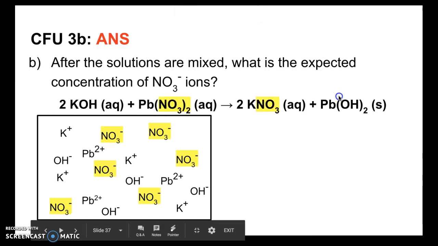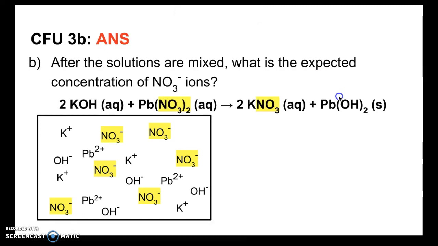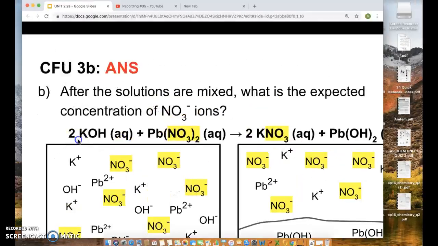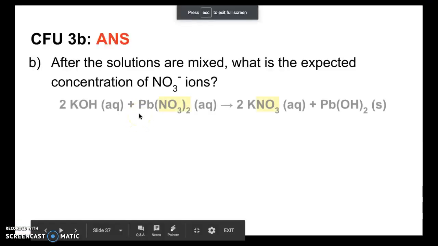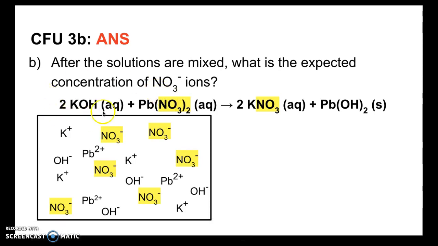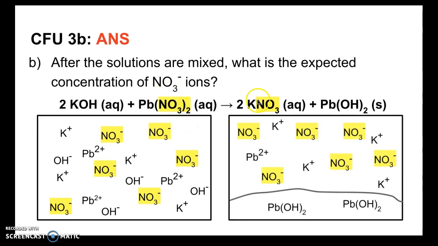We're asked about the expected concentration of nitrate ions when the solutions are mixed. You can see we start off with 4 moles of each. Because it's a 2-to-1 molar ratio, if we have 4 moles of both potassium hydroxide and lead nitrate, potassium hydroxide is going to run out first since we need double the amount of it than we do lead nitrate. All right, so this is what it looks like on our reactant side, but on our product side, we're